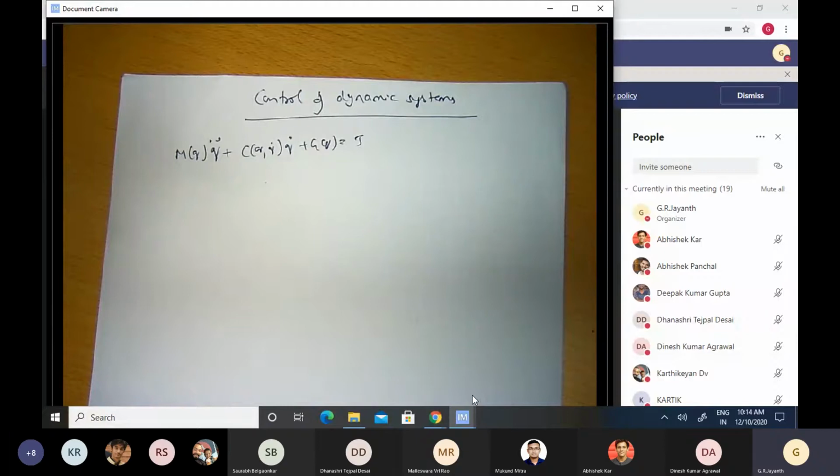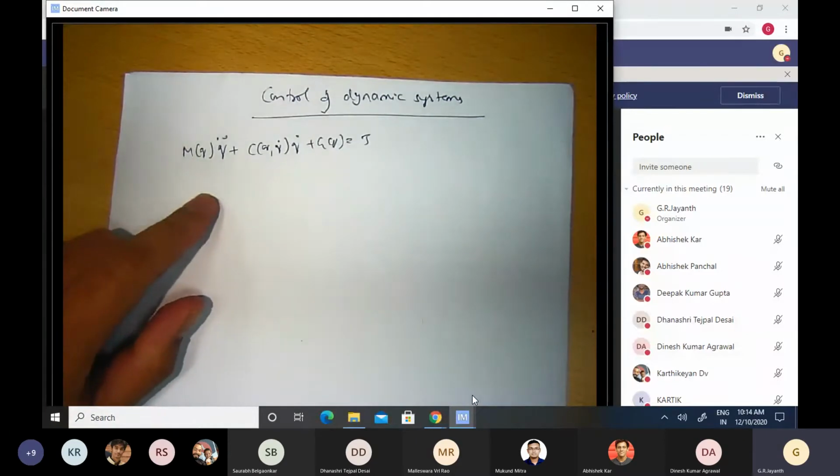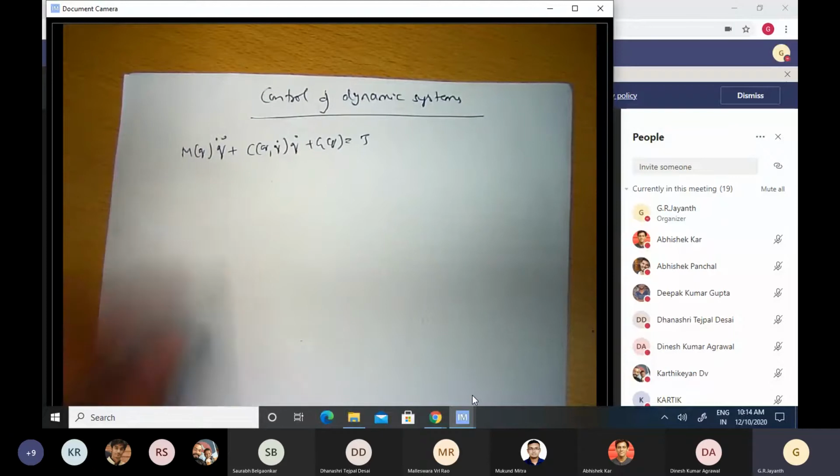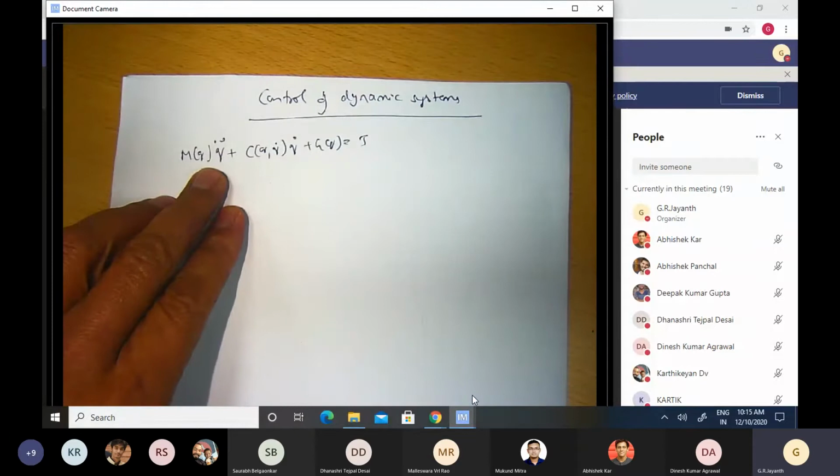Whereas the engineer, on the other hand, wants to get the system to do his bidding. In other words, I want the states, I want my generalized coordinates to change in a certain way. Okay, and how do I get them to change in a certain way? If I have a 2R manipulator, I want the angles to change in a certain way so that the end effector moves along a certain trajectory with a certain velocity and acceleration. These are the kinds of questions that bug us. And we too find it relevant to come up with the dynamics for obtaining that desired motion.